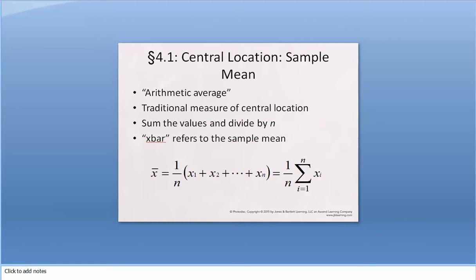So now, once you have the sum of the x values, you can find the sample mean, which is actually the average, and that is the traditional measure of central location. So you divide it by the sample size, and then the notation for sample mean is x bar. Okay. So now this is the sample mean. This is not the population mean. Now sample mean, once you have these observations, you can calculate. So sample mean is computable, but population mean is not. Okay, let me just write it in here. Sample